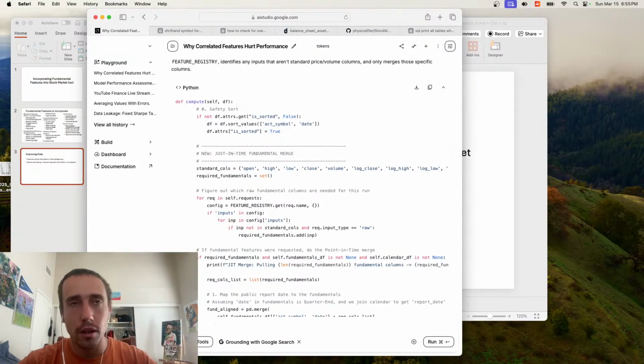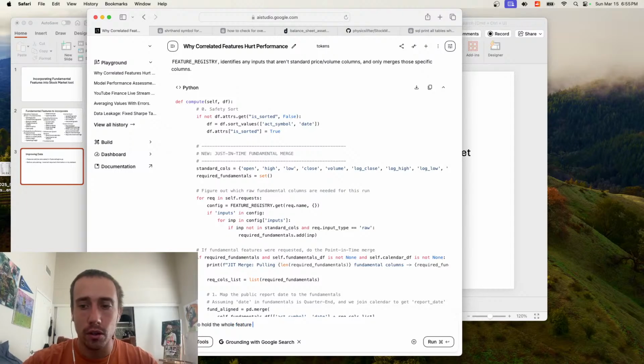No, I don't want to hold the whole feature data set in a single data frame until it is in the model class. I don't want to do that until it's returning the final data set.